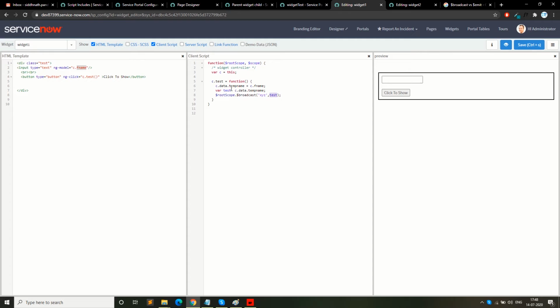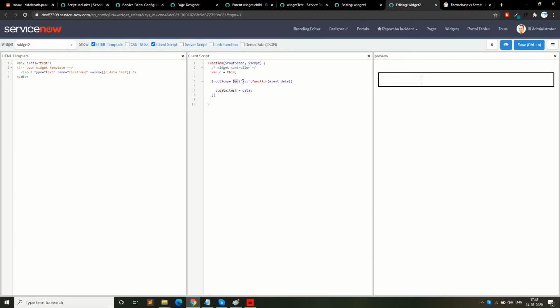So I will not be covering this, because the agenda of this video is to differentiate broadcast and emit. So as broadcast takes two parameters, key and value, on also takes two parameters, the key and function. That function again takes two parameters. So let's keep it as it is for now.